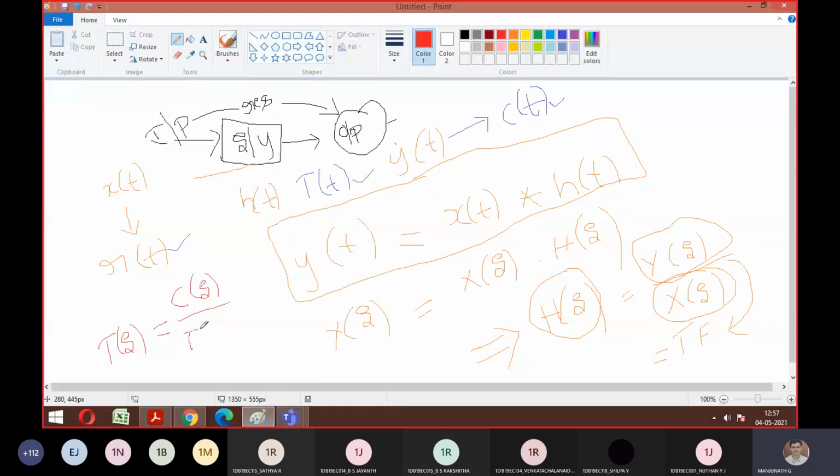So I hope the meaning of transfer function, the representation of that, and what exactly it looks like are clear. These three topics, is it over to everyone? Any difficulties, anyone? Is it okay? Shall I proceed? Yes, sir.